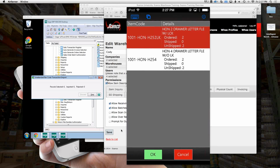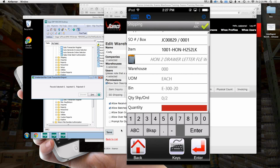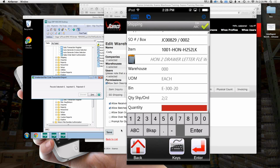Now we can select, instead of scanning, if we chose to, the item that'll allow it to automatically populate. We can see a picture of the item, what warehouse it's located in, the unit of measure that we're currently counting in the bin, and the quantity shipped versus ordered. I'm going to enter a quantity of 2. It's going to write that information. Now I can select the next box to pack it in, and you'll see that it automatically increments the box number. We can scan the second item, and as we scan that, I scan the same one, so we'll go